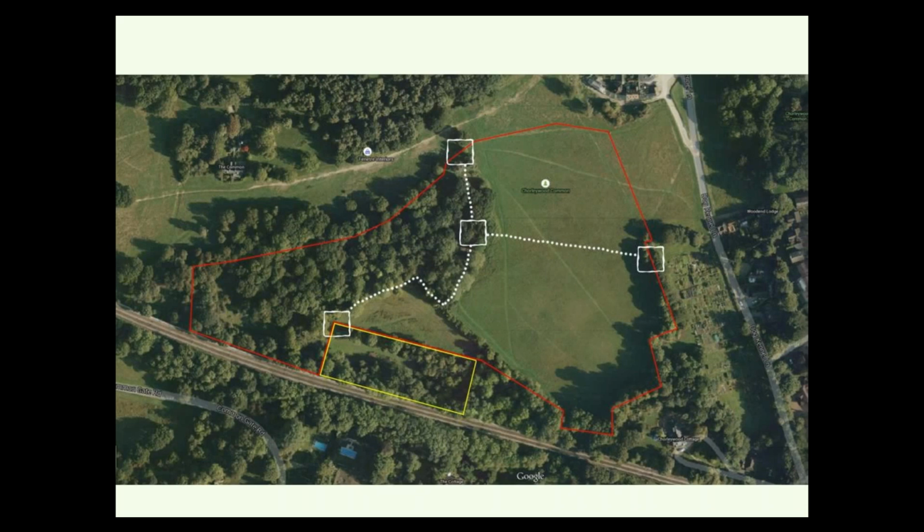To the south, you have the London Underground, which has a physical fence along the whole line, which is very handy. To the northeast, you have a pub with a very sharp slope heading down to the road of Dog Kennel Lane. Originally they wanted the invisible fence to go right down to the roadside, but when we designed and looked at it, we pulled it back up to the top of the slope, because if you have animals walking down the slope and they get a dog behind them, there's only one thing that's going to happen. And also in the summer, the patrons of the pub would also come out and sit on the slope